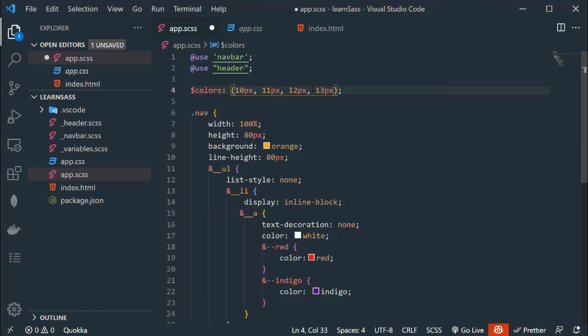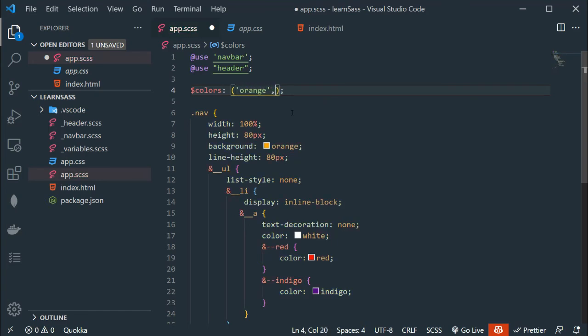In this video, instead of pixels, I am going to keep some colors. So simply I am going to delete these values and add orange. Orange is a string value, so we have to wrap orange in single quotes or double quotes. Let me use single quotes like so.